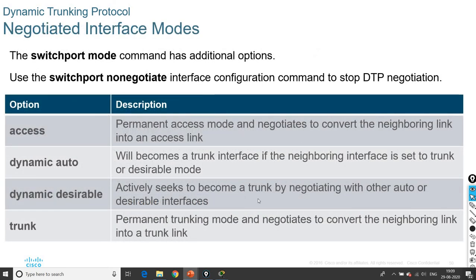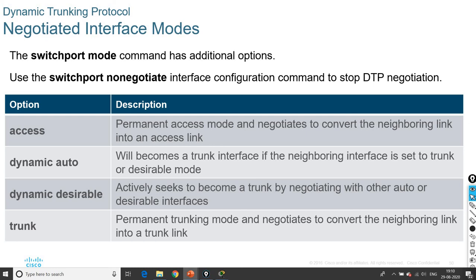So negotiated interface modes are set with the switchport mode command, which has additional options, and the switchport nonegotiate interface configuration command is used to stop DTP negotiation. We have different options like access, dynamic auto, dynamic desirable, as well as trunk.